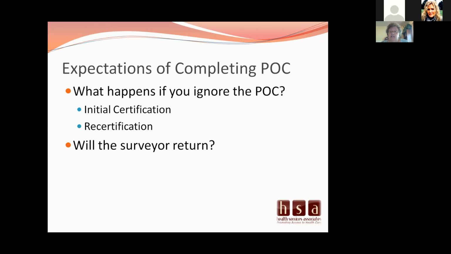If there are issues or concerns, or it was such a condition that they feel they need to physically see the correction, then they may return. And once again, it's typically within 45 days, but it is unannounced. You will not know that they are returning.